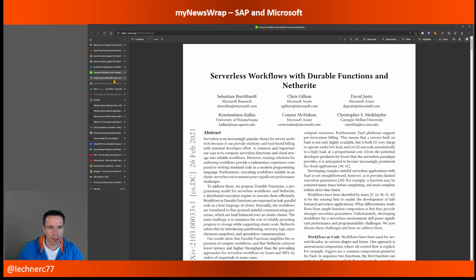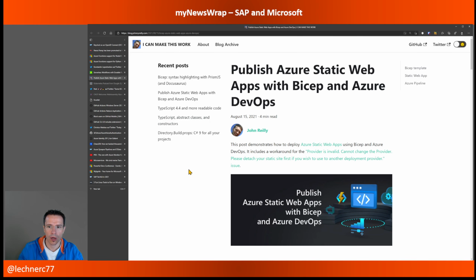And then one blog post that I would like to highlight around the area of Azure Static Web Apps. We already had several blog posts about that here within my podcast. This one is about the publishing of Azure Static Web Apps with Bicep. That's nothing brand new, but now with Azure DevOps. Most of the stuff that I have shown focuses on GitHub, maybe also with Bicep.